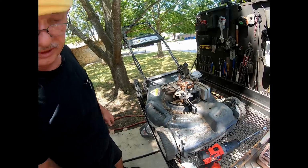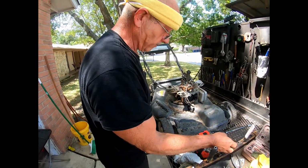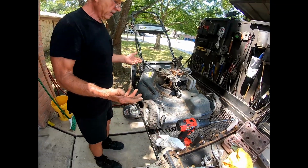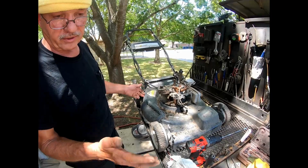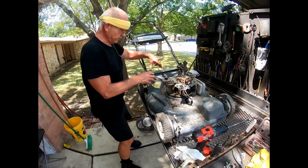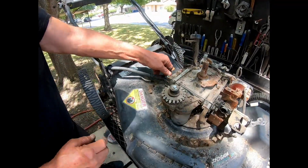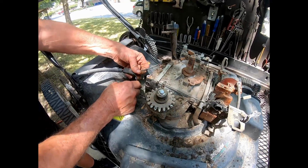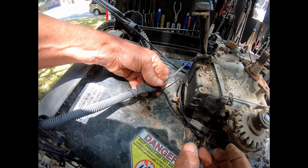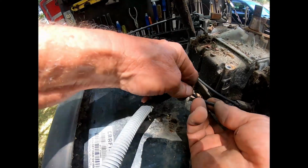Now, this happens to be self-starting. For some reason, people buy self-starting. I can see it on a bigger engine, but this one, if you can't pull this rope to start it, you probably need somebody cutting your grass. But under here, you have a little 12-volt battery. And in this case, on a larger load, you'd have what's called a solenoid. But on this one, it's just a solid wire